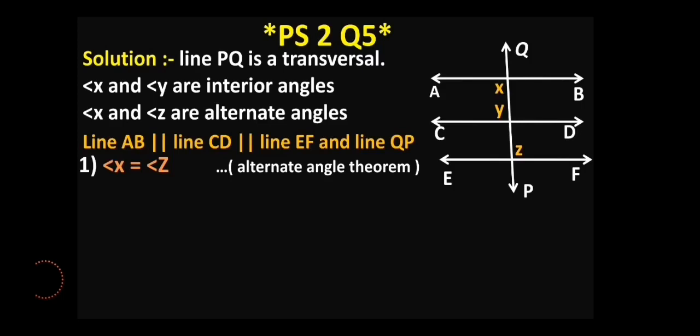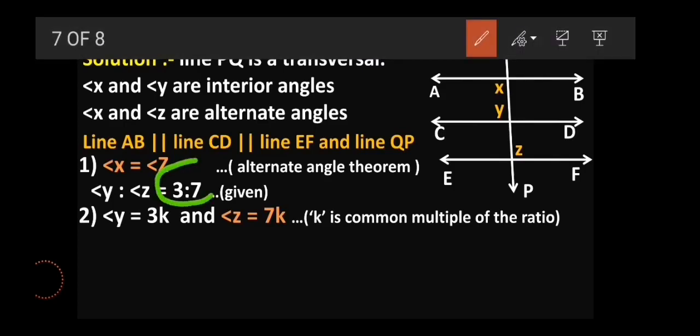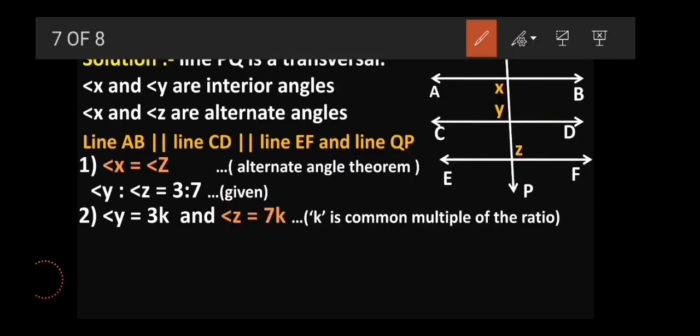Second part, what we need to understand is that x and y are the interior angles, and y and z are given with the ratio. So the way I told you, whenever a ratio is given to you, you have to take the common multiple and then the value comes out. Presently over here, these 3:7 are not the values of angles y and z, they are the reduced form. So we need to take the common multiple, with k, and only then the real value comes out. That k is the common multiple for the ratio. And as that, we can consider angle y equal to 3k and angle z equal to 7k, right?